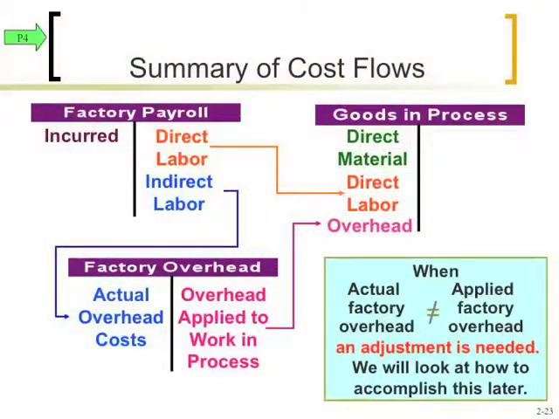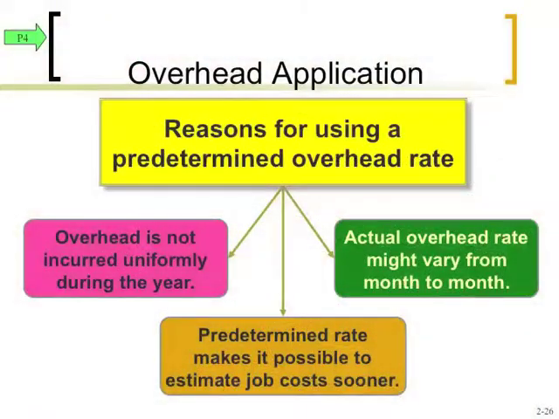So if you move to the next slide, then we have our labor costs. The same thing, direct labor goes into the goods in process. The indirect labor gets collected in the factory overhead. At the end of the period, we apply our overhead based on this predetermined overhead rate that we just referred to, and we put that into goods in process. And then moving to slide 26, why do we need a predetermined